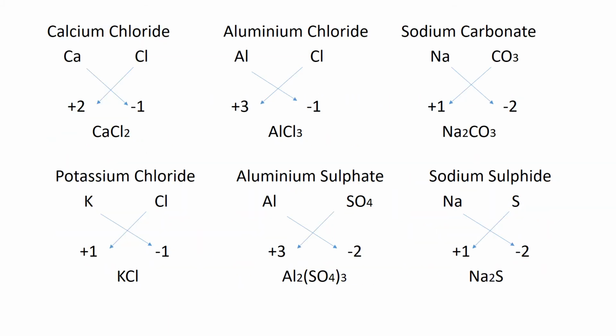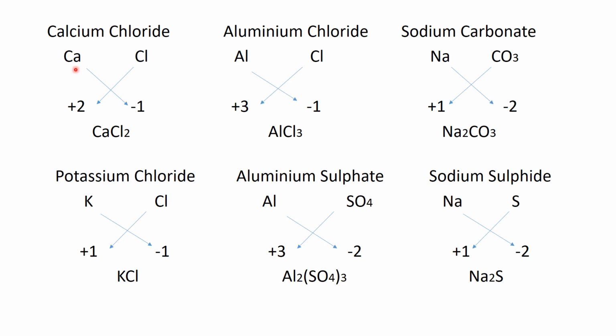Now students, we will learn how to write the chemical formula for the given compound. So suppose this is calcium chloride, the first compound. First step will be to write the symbol for the given metal and non-metal. So first of all, you will write the symbol for calcium, that is Ca, and the symbol for chloride, it is Cl. Right? Second step, you will write the valencies just below the symbol of the element.